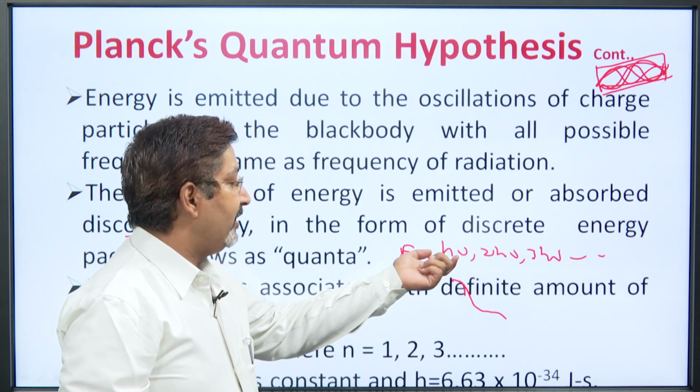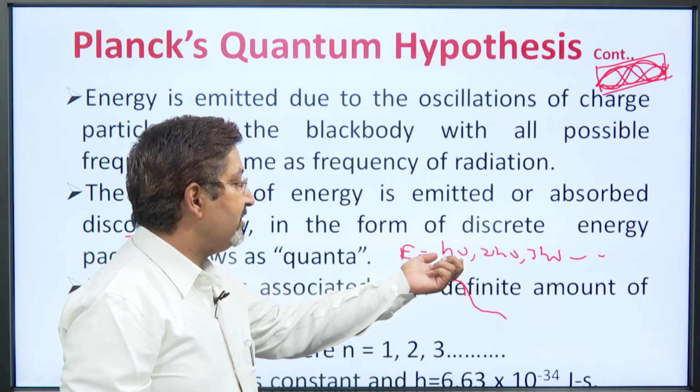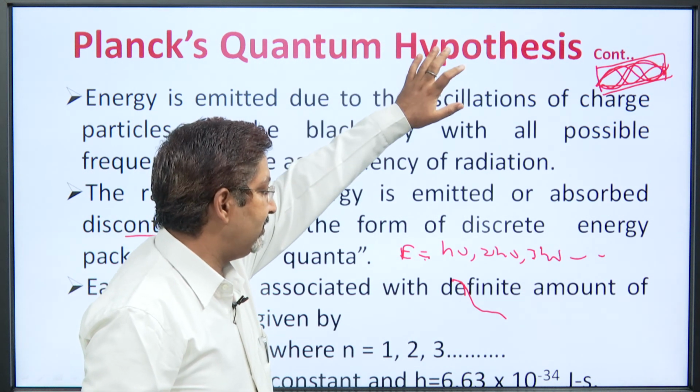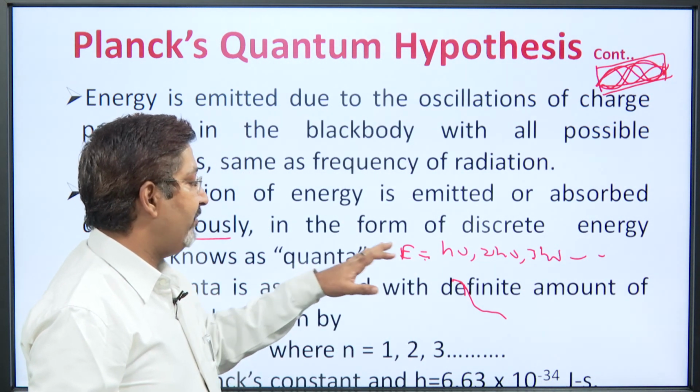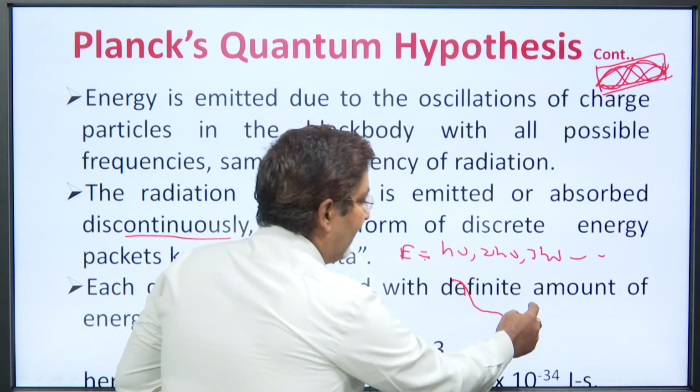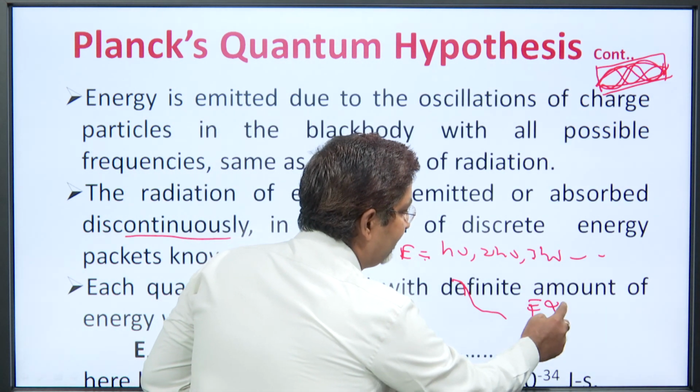So, a wave having the discrete energy, that is the essence of Planck's quantum hypothesis, and its energy is always a multiple of something, and that something is always directly proportional to frequency,